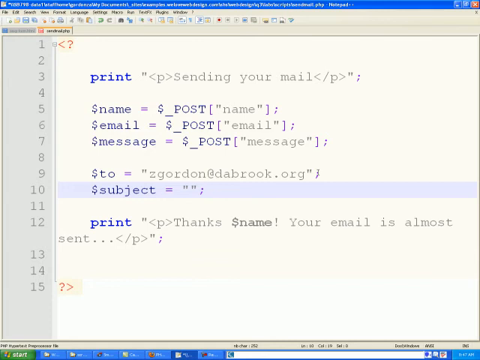So if you say, I'm the coolest person in the world because my PHP form works, booyah, as your subject line, when you reply back to a potential client, it's going to have that in the subject. So if you say something like request for web services or contact and then your name, something like that, that would be helpful and a good idea. So we're going to say contact from